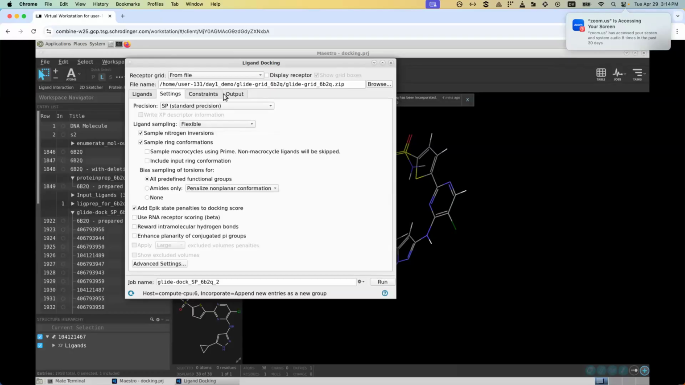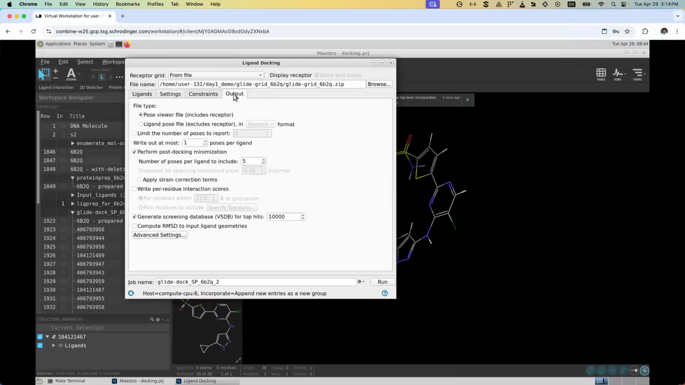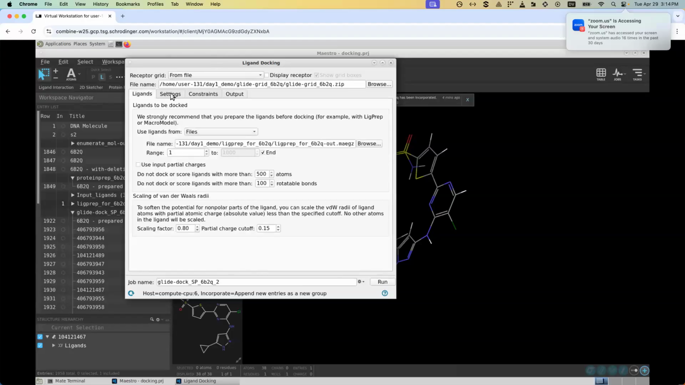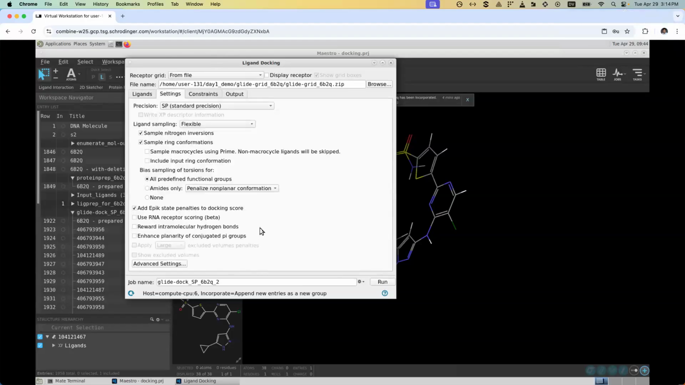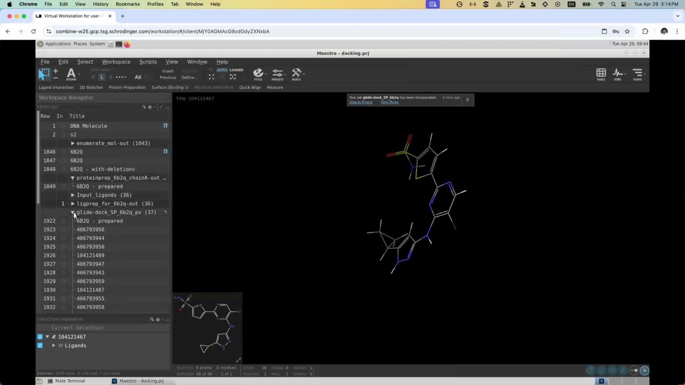If you go to the output tab, you can see that it's going to write out at most one pose per molecule. If you have multiple poses for a given molecule, increase the number from one to some other number. And I think these would be sufficient. I don't think you have to worry about other properties here. Yeah. And then you run the calculation and that's it, nothing else. So mainly the settings tab will have more functionality for you to use. Yeah. And with that, I would